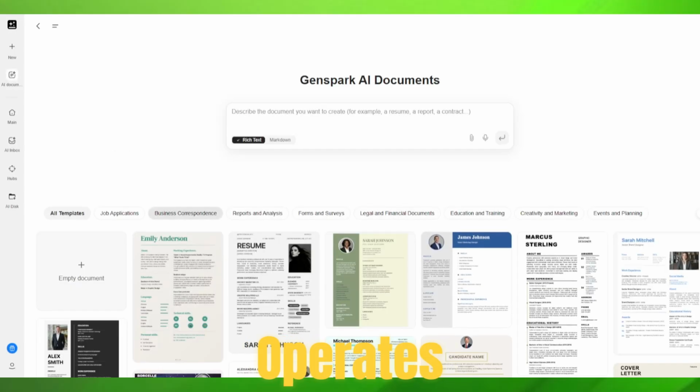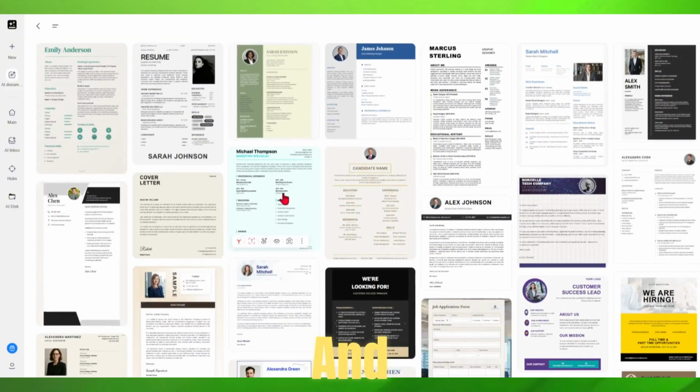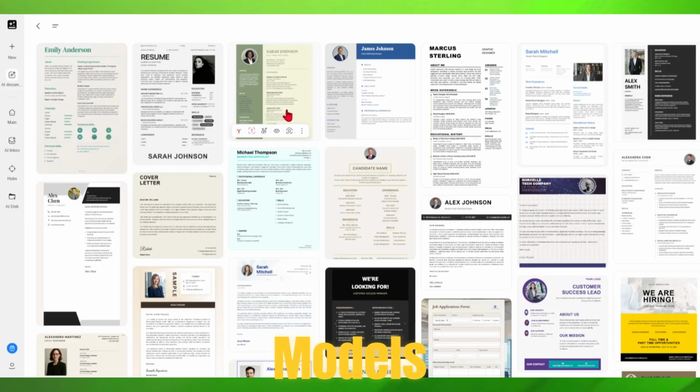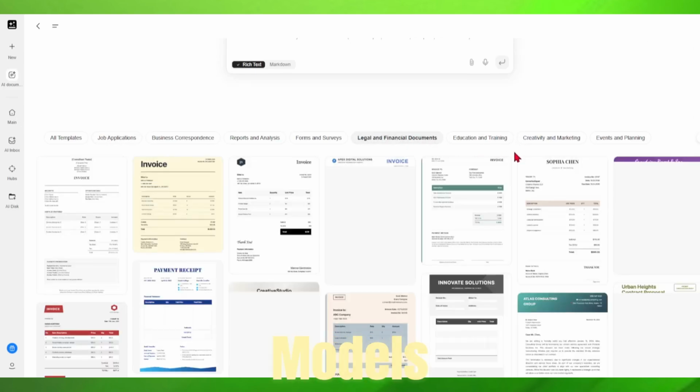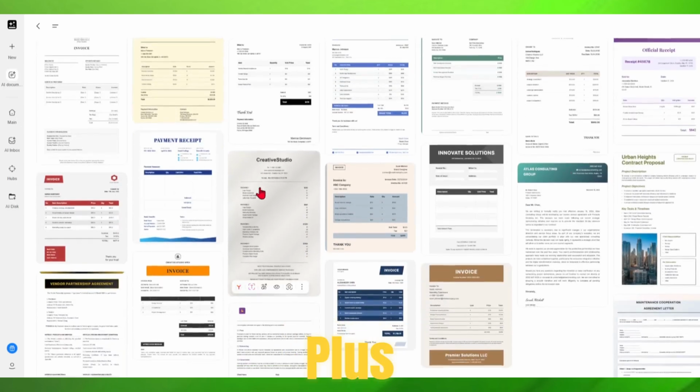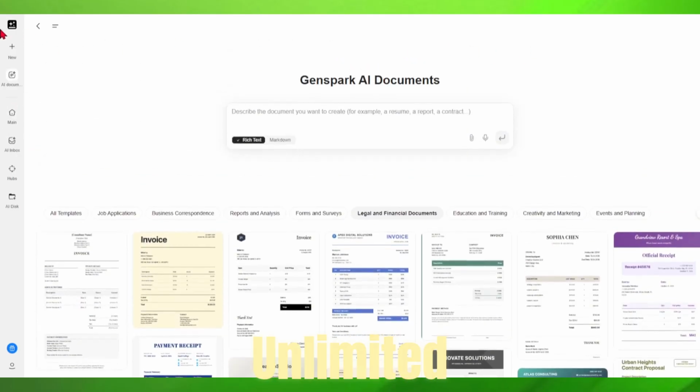The platform operates on a freemium credit system, with a free tier offering a limited number of daily requests and paid plans, such as Plus and Pro, providing higher credit limits and access to more powerful AI models. The platform offers a free plan with 100 daily credits, 1 GB of AI Drive storage, and limited access to models. The primary paid option is the Plus plan at $19.99 per month, which provides 10,000 monthly credits, unlimited chat,